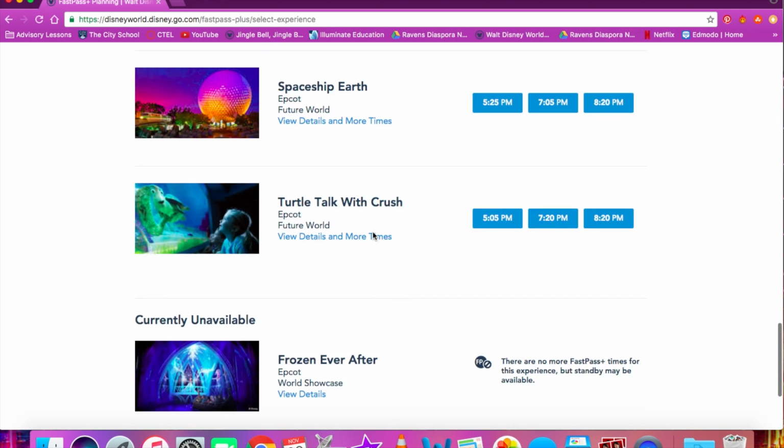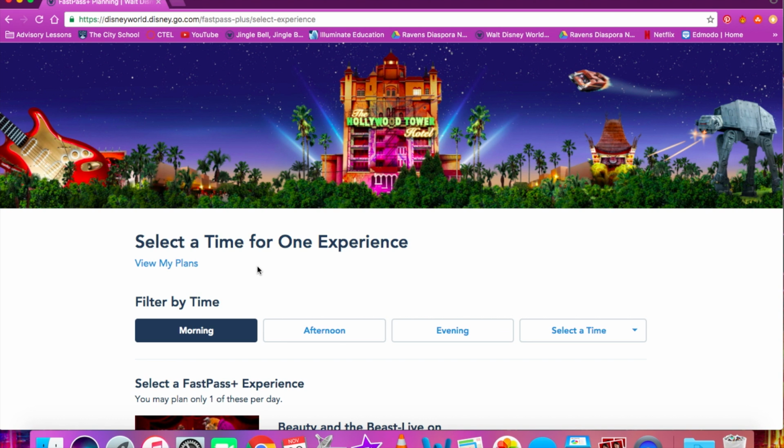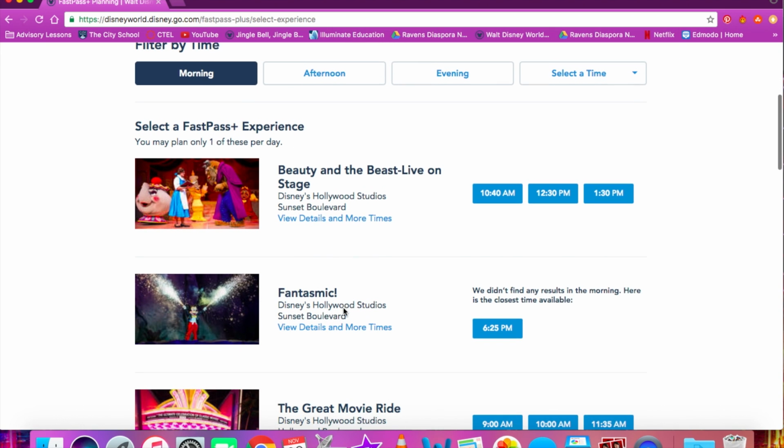All right, so that is the tiered system for Epcot. Let's go to Hollywood Studios. Hollywood Studios is in rough shape right now. They are making Toy Story Land and Star Wars Land, so there's really not a lot of rides to choose from. So if we look at the top tier Fastpasses, there is the Beauty and the Beast live stage show,